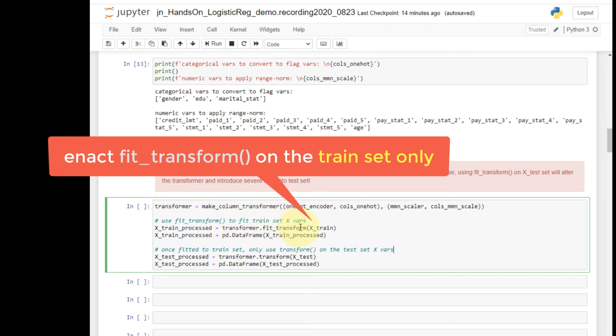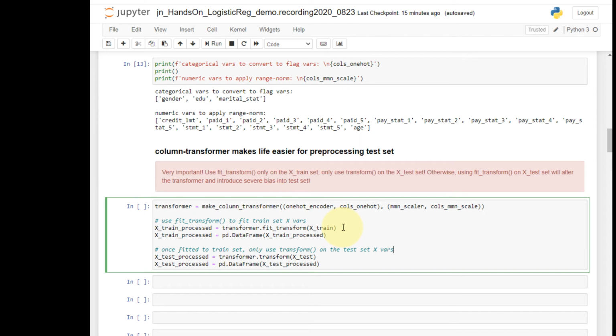So the fit transform method will first get those statistics and apply transformation by using those statistics. Afterwards, be sure to know that the output of the transformer is only a NumPy array. In order to be able to use the data frame methods, you want to make sure that you convert that